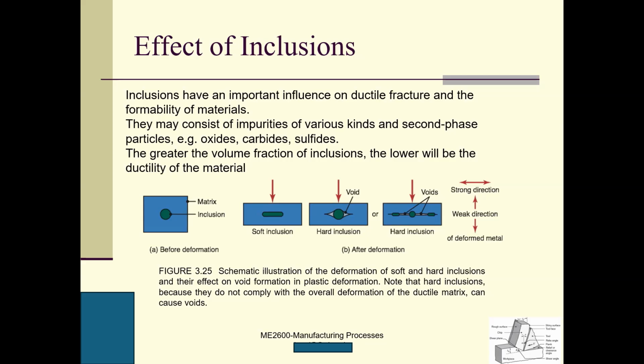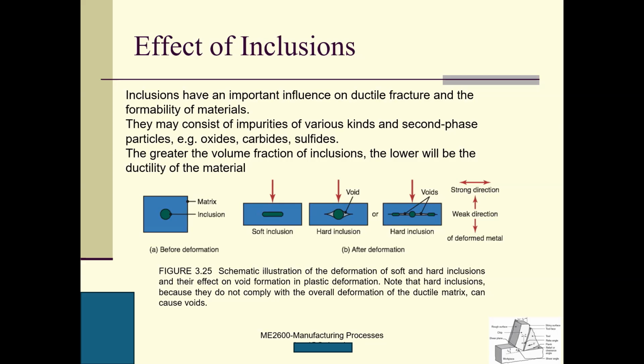This is the lower ductility. So here, this is the matrix of the body material, the main material. Suppose we have inclusions here. This is a soft inclusion. This is a hard inclusion. If it is very hard, right? If this inclusion is harder than the matrix material,